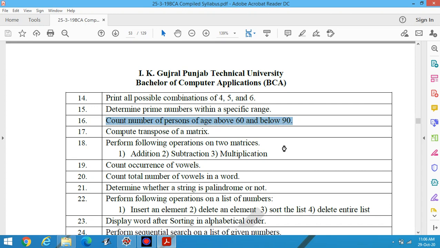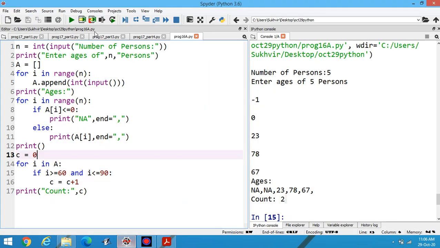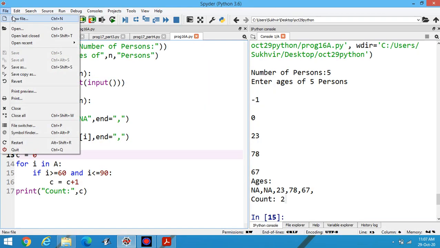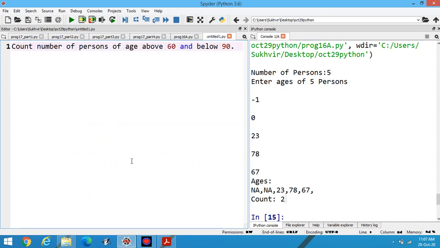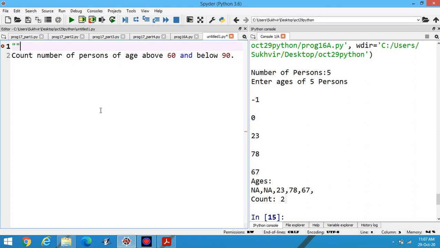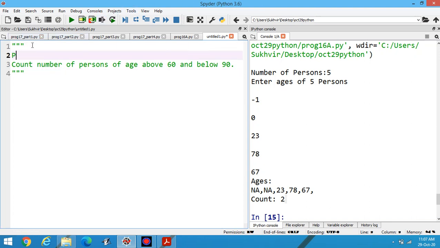Let's copy this one and paste inside Spyder platform. Convert this content into comments. It's program number 16.